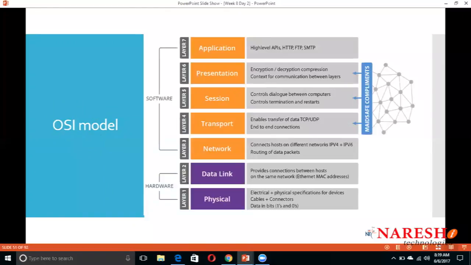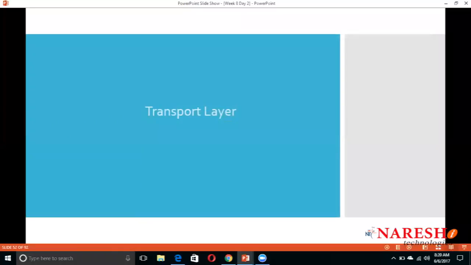Each layer is responsible for a different type of work. Every layer has a specific job, and we will do this with practicals. We will see how each layer works, and then we will apply the practicals. I will continue with this particular topic when we do the practicals. Now let's move on to